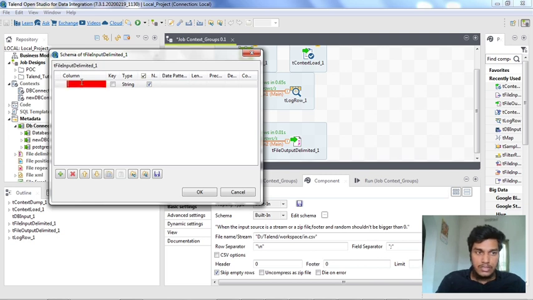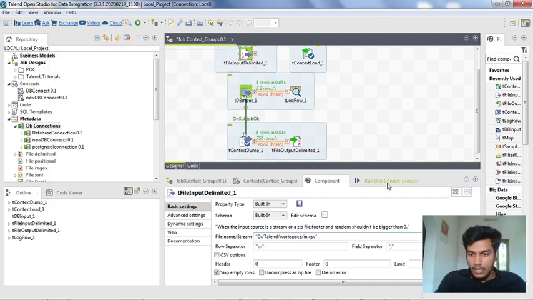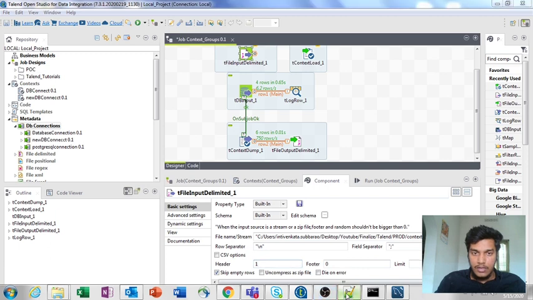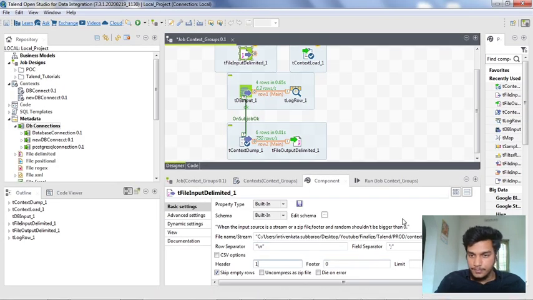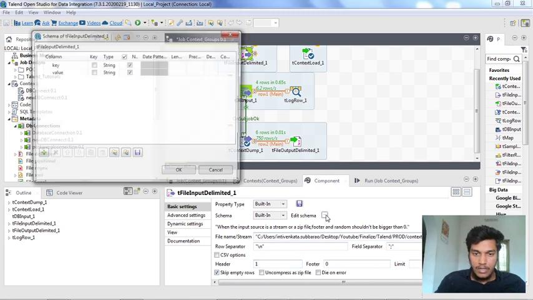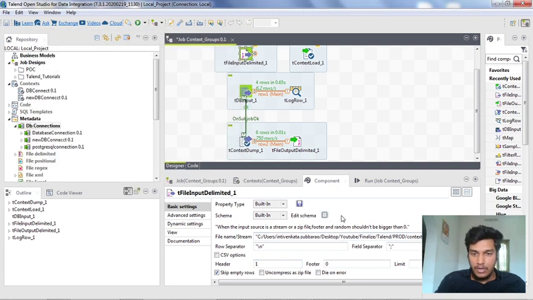So I change this to key, which is a string, and the next one is value, which is also a string, and I have to change the path using this. I'm copying this. The field separator is comma, and I don't want to include the header value because we have a header value here, key and value. Now I want to replace that, and the schema is nothing but key and value. We have already assigned it.